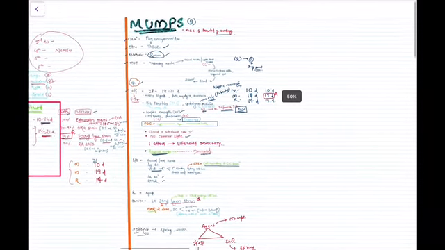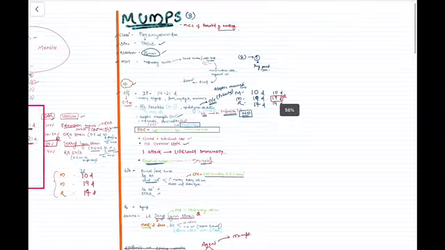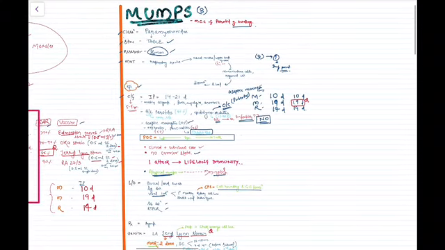I hope I helped you to simplify it, and with these 8 topics: classification, structure, reservoir, MOT, clinical feature, lab diagnosis,